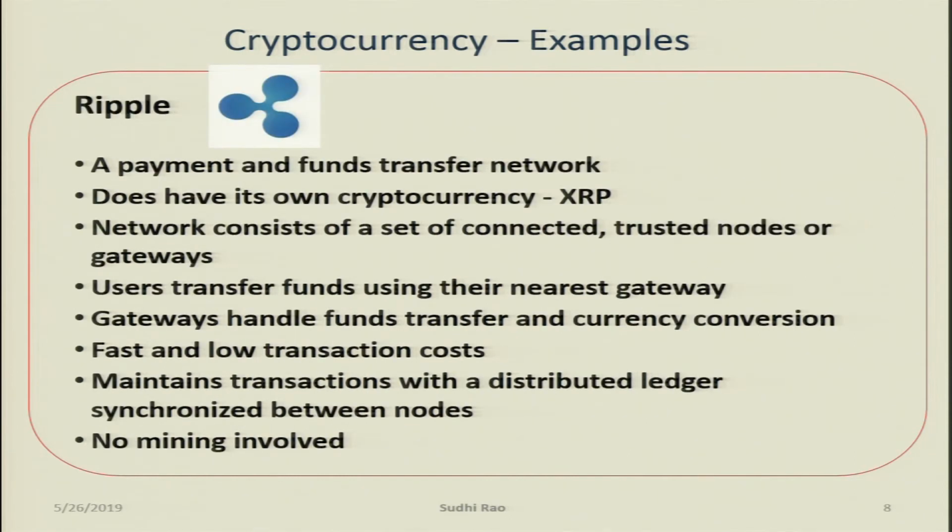The third example is Ripple. Ripple in the classical sense is not a cryptocurrency actually, it is more of a payment system, a funds transfer network. In fact, it's most often compared to the Hawala system. I know in many countries Hawala is used as a bad word, but historically Hawala has been a very legitimate